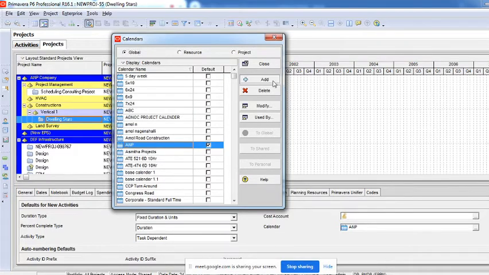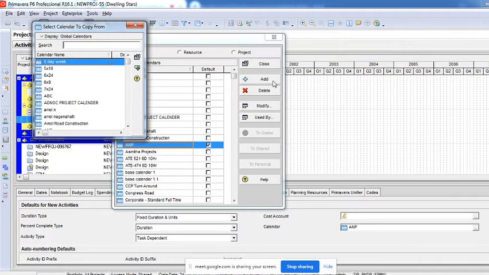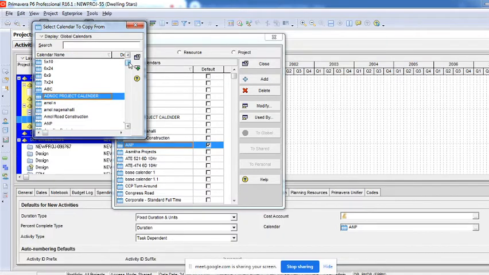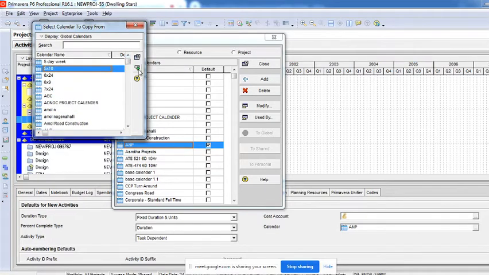So the moment you click on this and say add, the creating is the same no matter under which category you create a calendar. The method of doing it is the same. When I click on the add option, you will have to click on any of the existing calendars. Why do we need this existing calendar? Because you need a skeleton to create something. So the moment I click on add, you can see here these existing calendars which are available. I'll click one of them and then say assign.